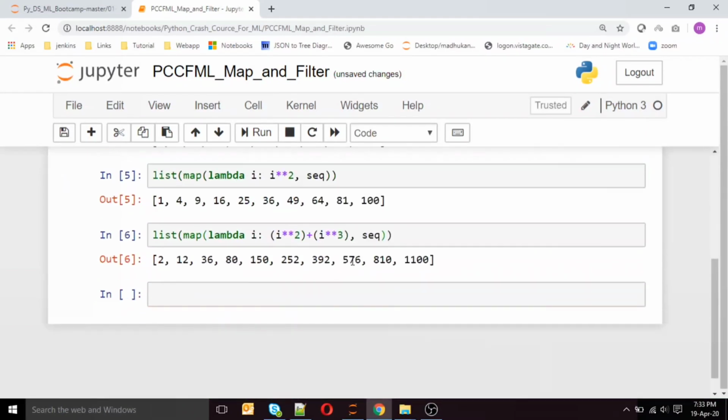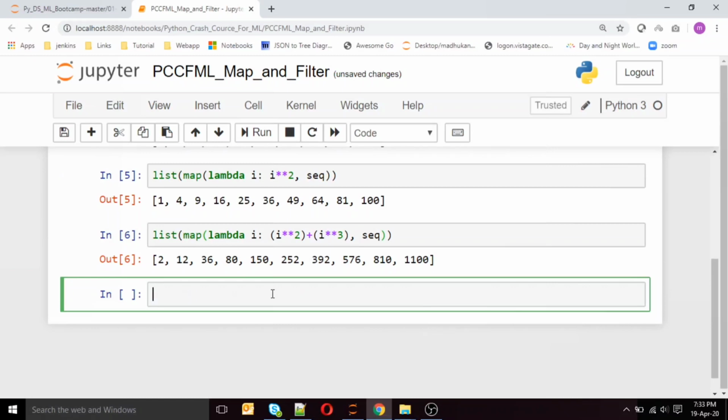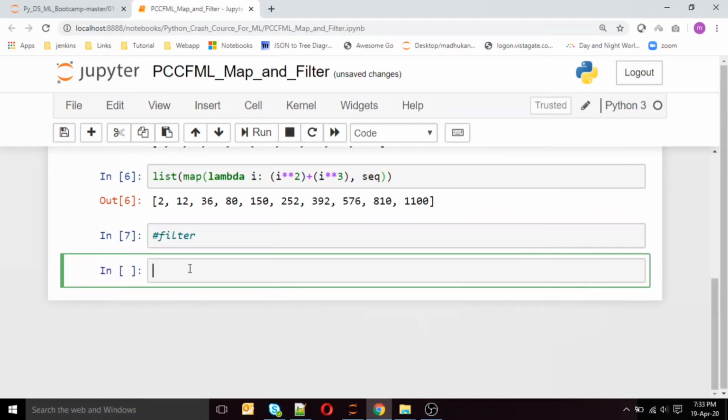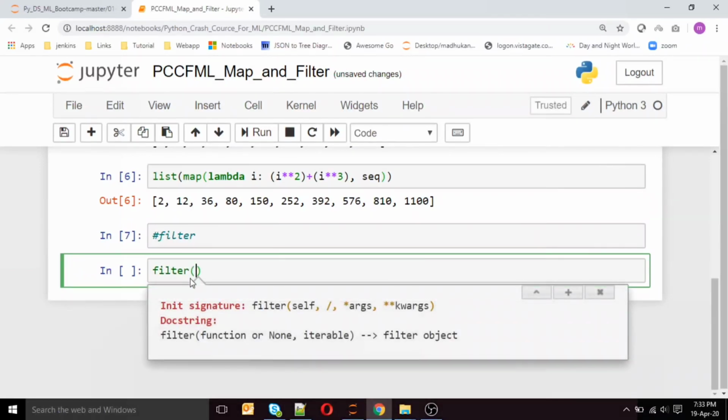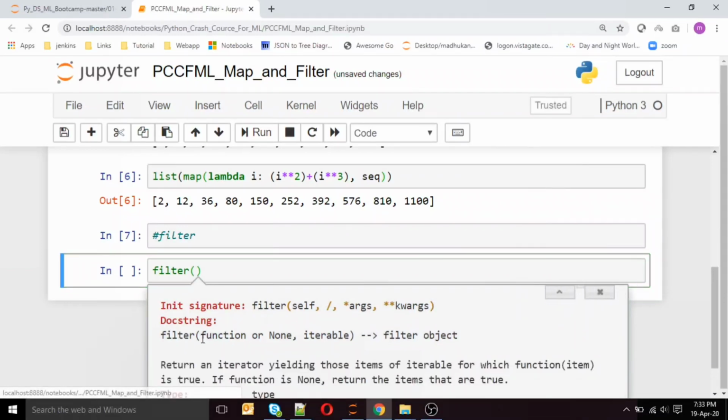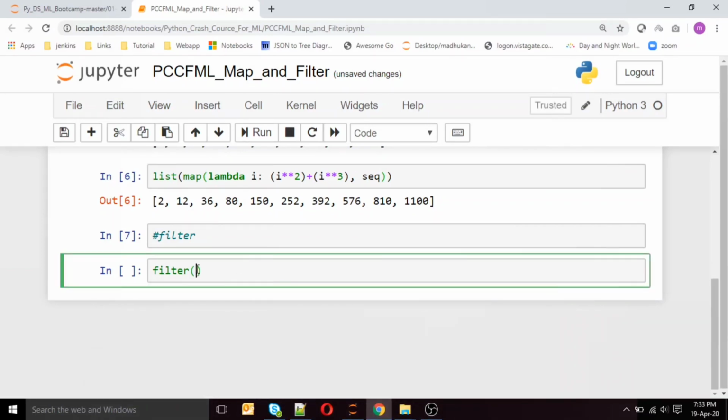So I can create a filter. Again, if you see, it asks for a function, and the second argument is the iterable. So I'll provide it.